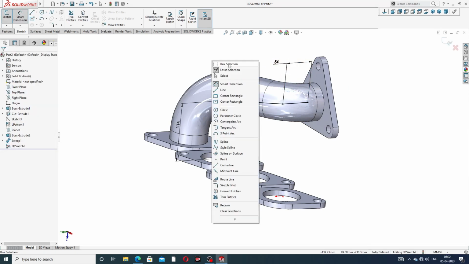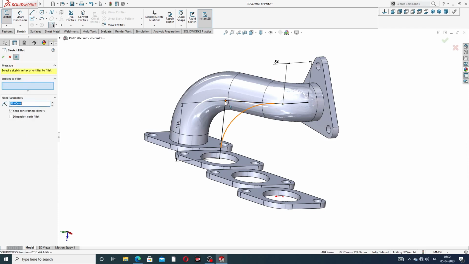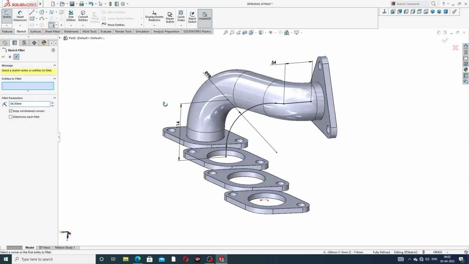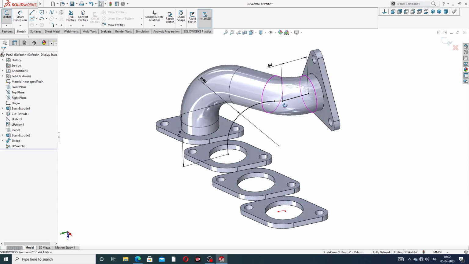Okay, and fillet is used, 98 millimeter is this. Okay, and 68 millimeter is this. The fillet could not be added because the specified radius is more. Okay, 36. Okay, and this use a